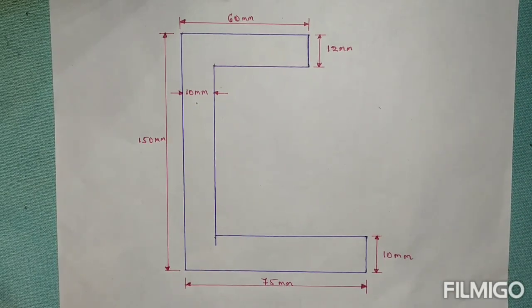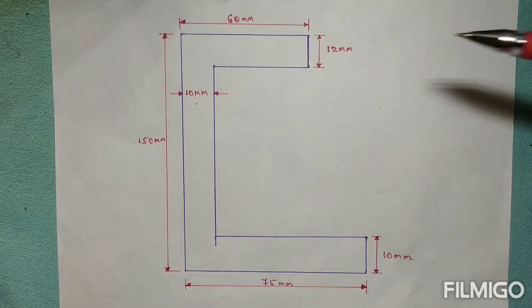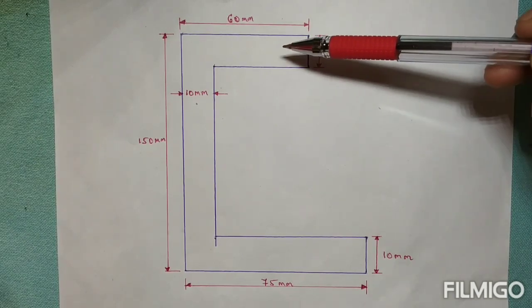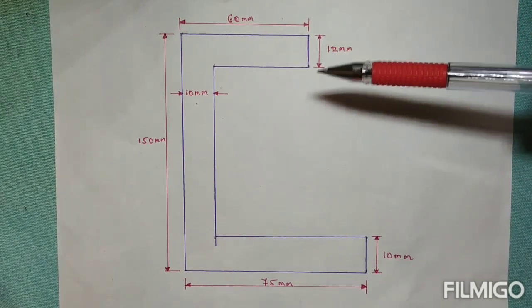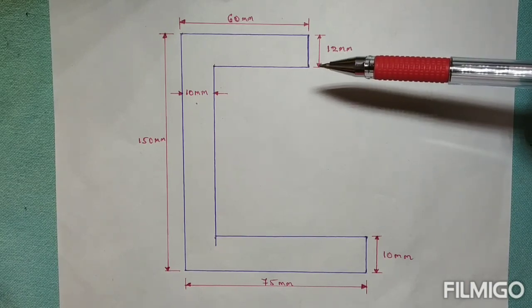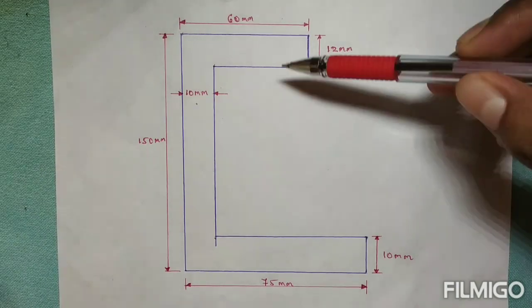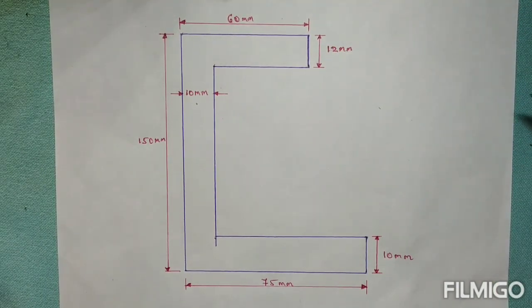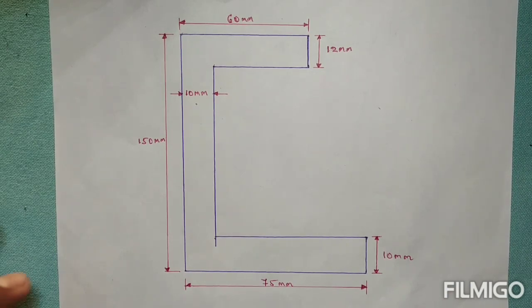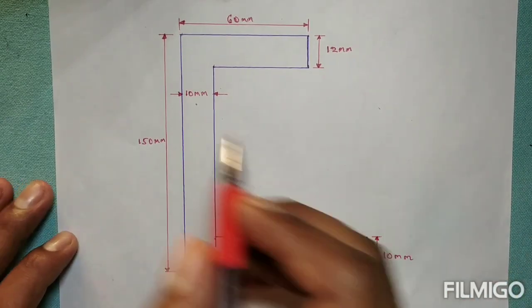So in the last three classes I showed the easier way to determine the center of gravity. You have to draw one tabular column, which includes the components. The component means you have to divide the whole section into three components. How can you easily divide the components? All are in rectangular shape, so better to divide in rectangular shapes only. I will make it the easier way, I will do three components.